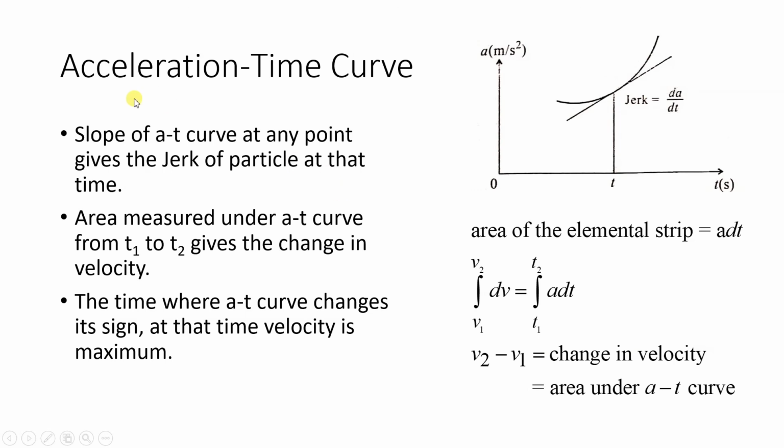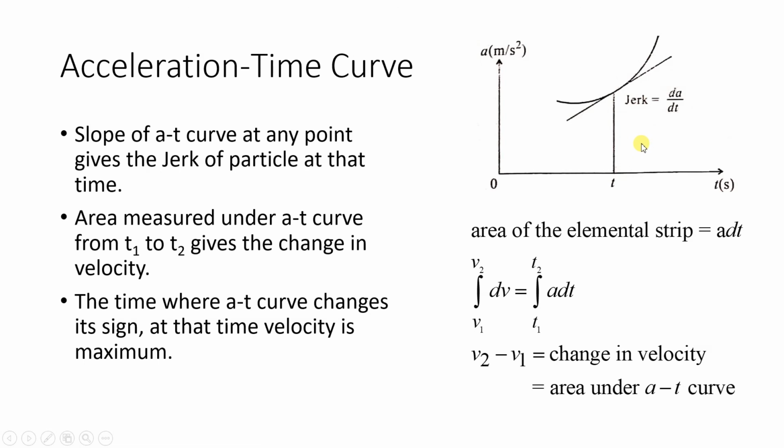Next diagram we will see acceleration time curve, which is third type of motion curve. Now y-axis, here you can see acceleration is given in meter per second square, x-axis is time in second. And here a curve has been shown. If you draw a tangent to a point over here, you can calculate the slope. What will be slope? It will be dy by dx. What is y? A. What is x? T. So dA by dt will give you jerk. So what is jerk? Jerk is dA by dt.